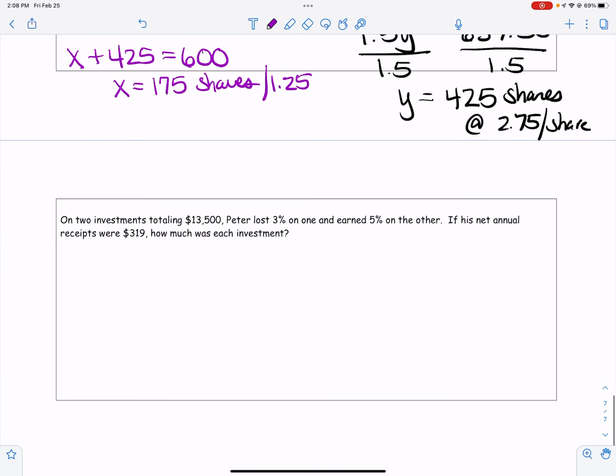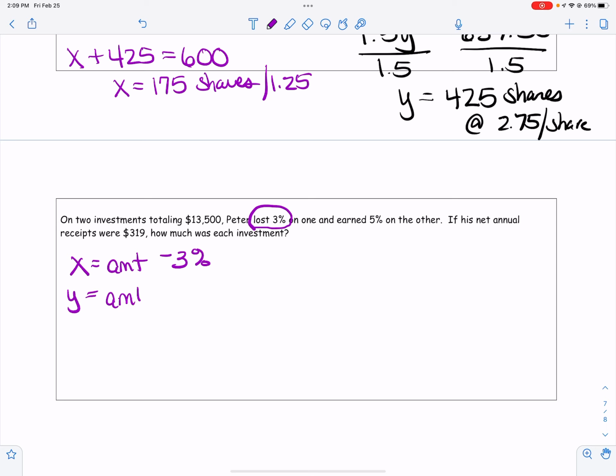All right, now this one is a little bit different because we have a loss, okay? And so a loss is obviously going to be a negative number, okay? So we're going to have this as x being the amount at the negative 3%, or the loss of 3%,